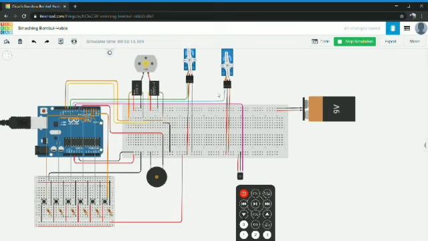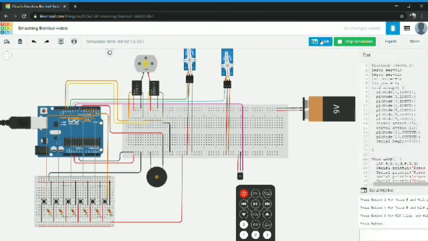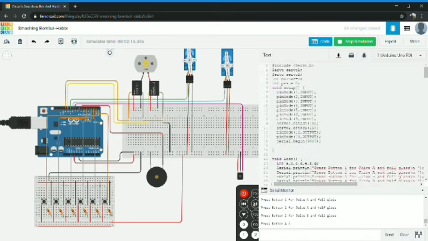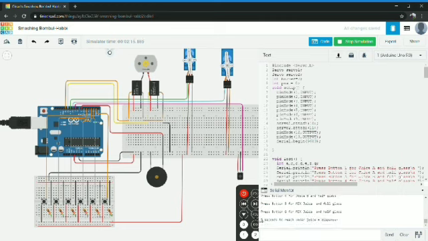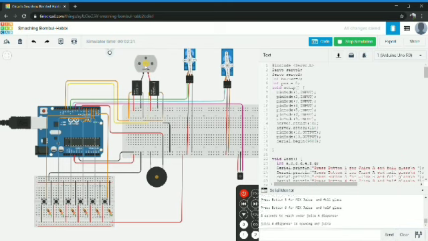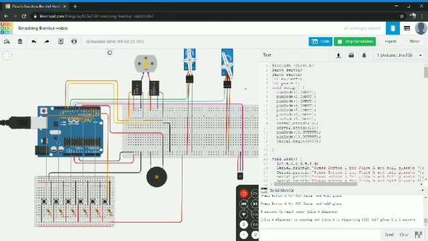Now we will take the example of inputs like juice type A and quantity half glass. Here is the serial monitor. Now when I press juice type A and quantity half glass, it's showing the message 5 seconds to reach the juice dispenser, and the motor is also working for 5 seconds. Now the juice dispenser is opening and it will dispense for half glass, that is 3 seconds.